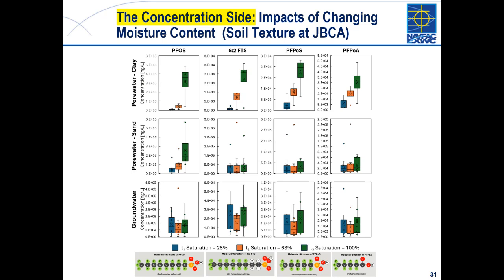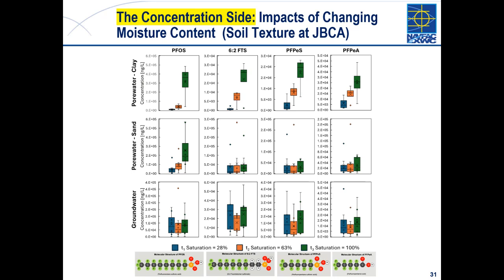But look at the clay zones, these very fine zones, and very fine soils tend to have higher air-water interfacial areas, so it magnifies this effect. Now you see even the less surface active, the less hydrophobic compounds, you can see this trend. So what's the big takeaway here is that when we're evaluating PFAS pore water concentrations, we have to pay attention to both the geology as well as the moisture content or the level of saturation. It may not be static in time, and this may not be the same across your site depending on the geology.